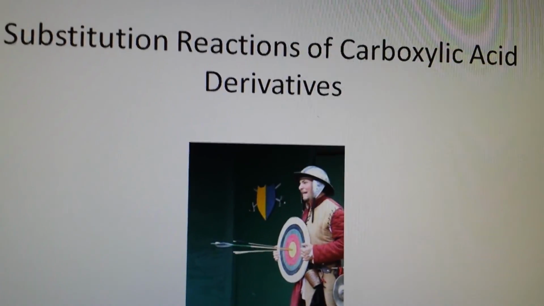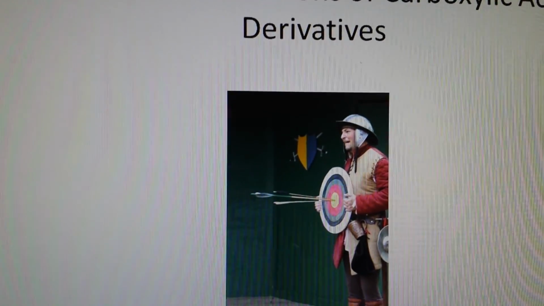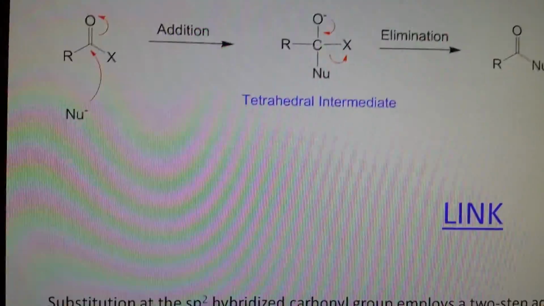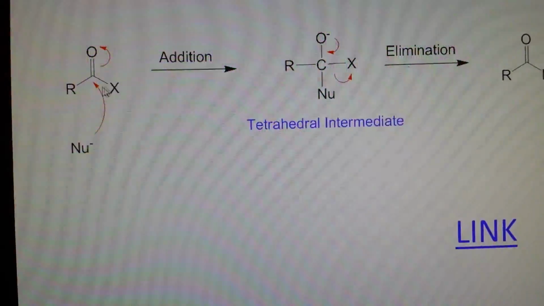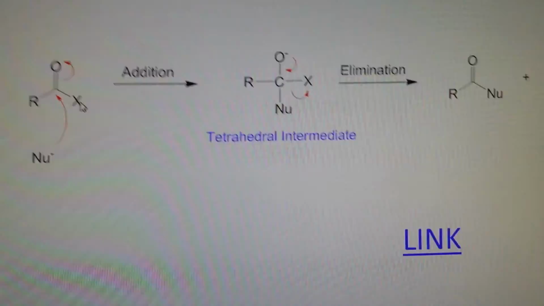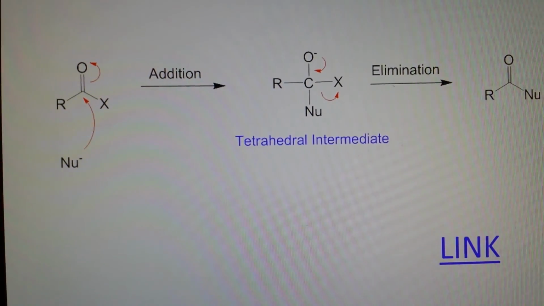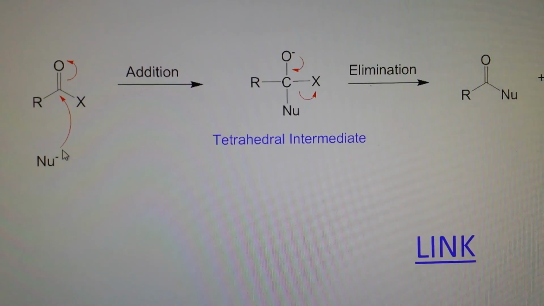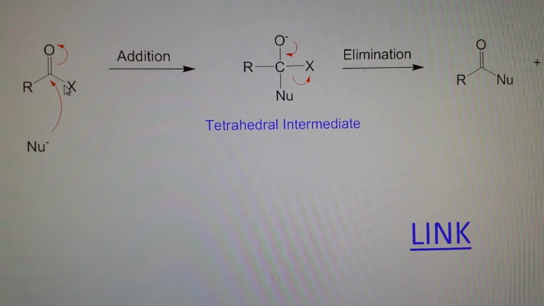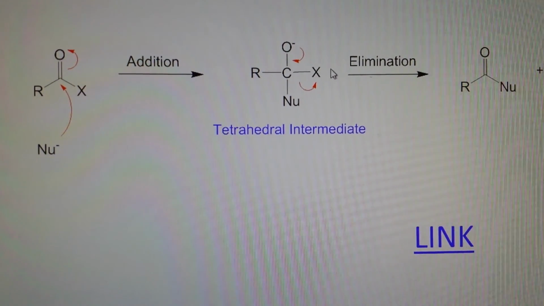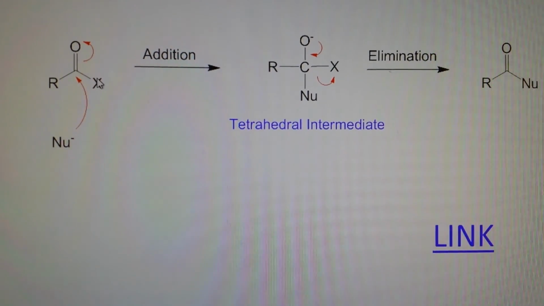Substitution reaction of carboxylic acid derivatives. We're talking about this is a nucleophile, and this is carboxylic acid, so this is OH. This one is OH. As far as the nucleophile here, there's OH, but here it's just